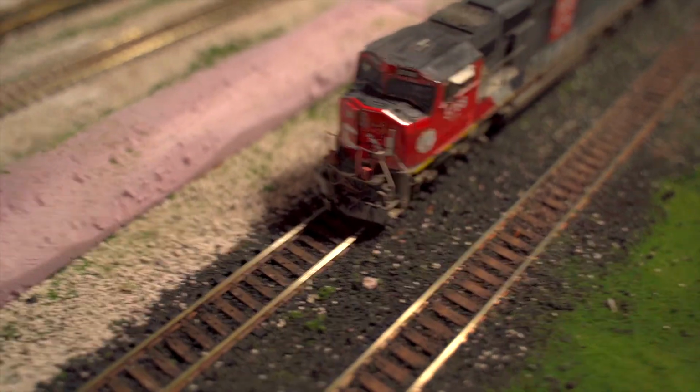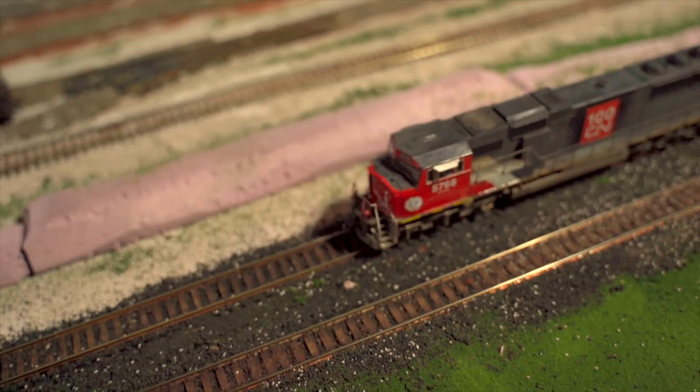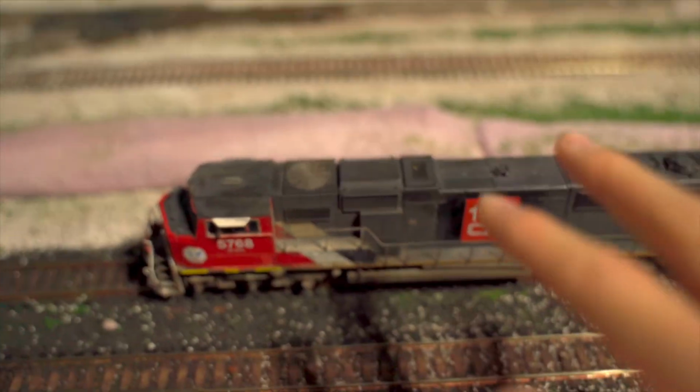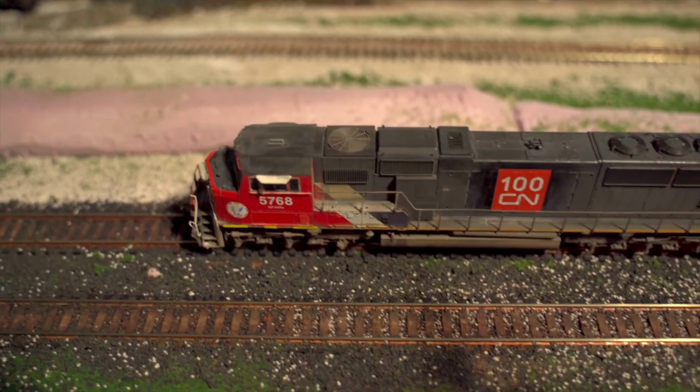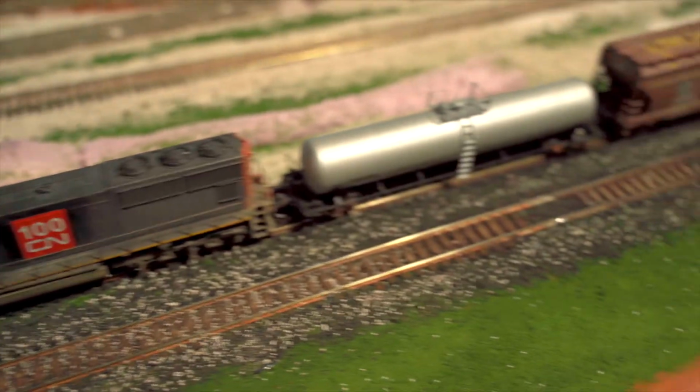The front headlights are very nice. The ditch lights come on. They don't flash, but that's alright. And the horn is very nice. The speaker's nice. It's got automatic momentum, so it slowly increases speed and slowly decreases speed when you just power